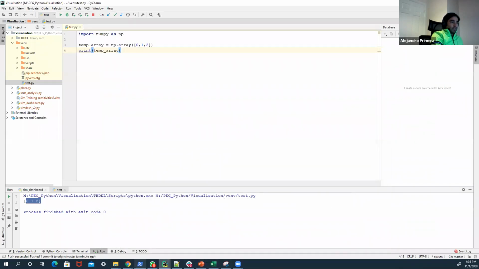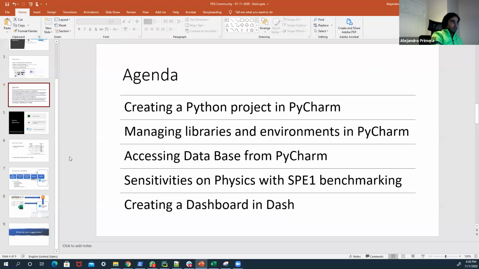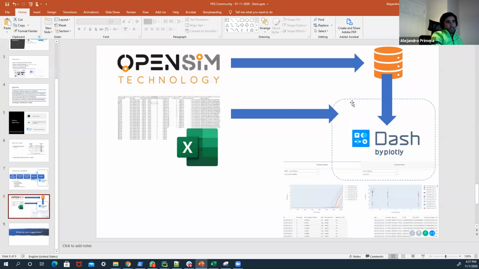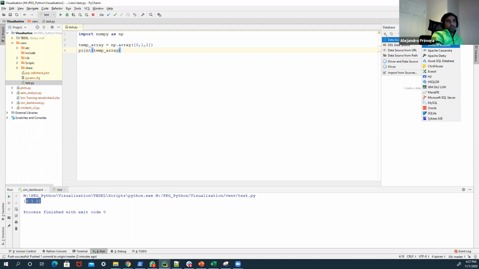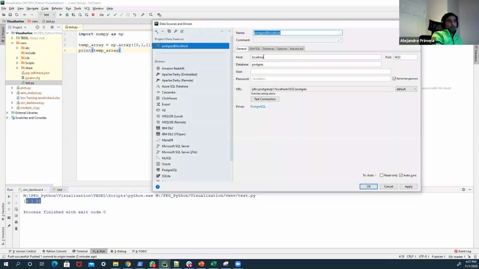So as I illustrated in the case from the OpenSim simulator, we store some data in a database, and what we want is to visualize that later on. So one of the functionalities of PyCharm, I believe, is the database functionality, and in this case, data source. I can map my Postgres database,